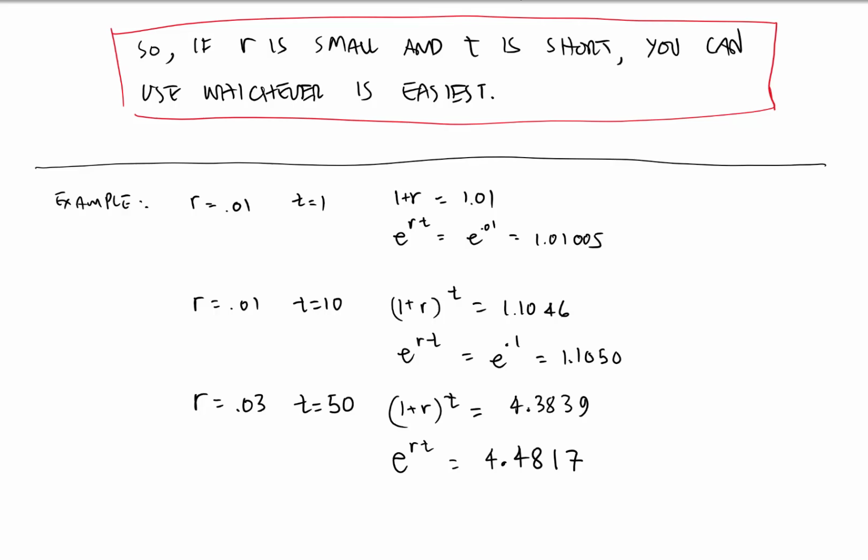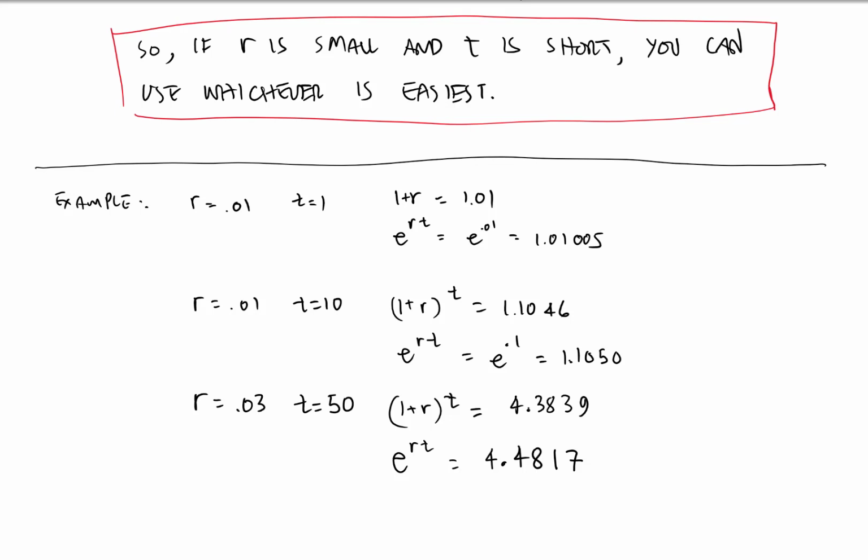And we're back. So where we ended off last time is I made this claim in the red box. If r is small and t is short, you can use whichever is easiest. Let's give a couple of quick examples. Our first example is if r is 1%, 0.01, and t is 1 year, then 1 plus r equals 1.01,